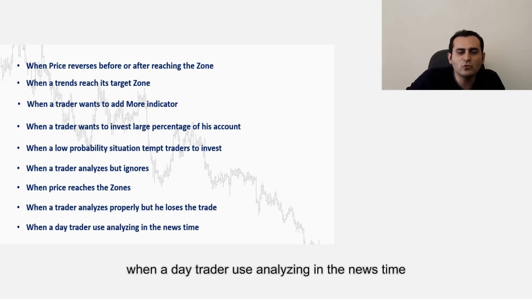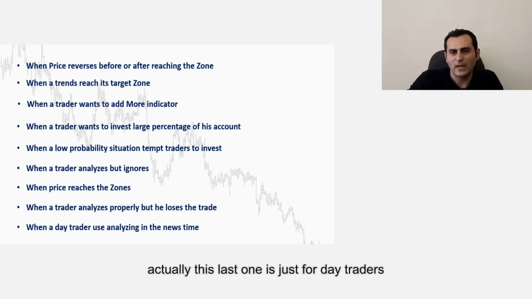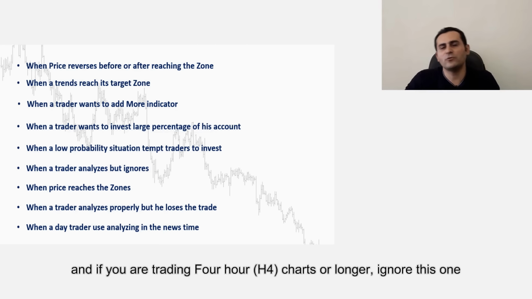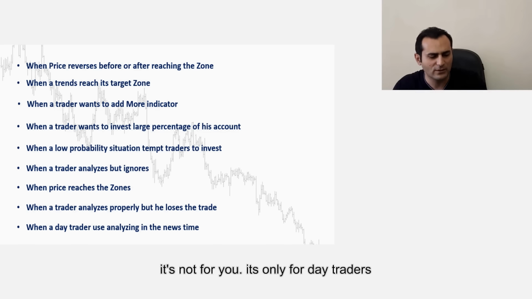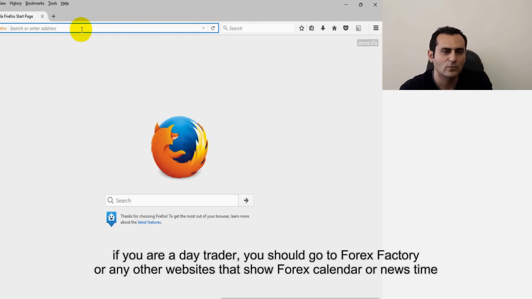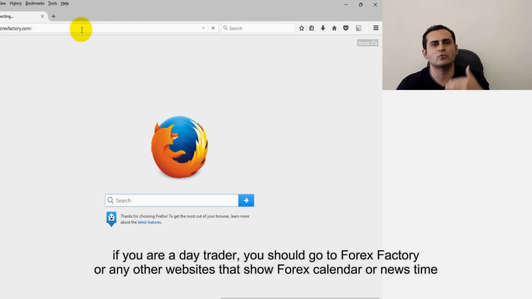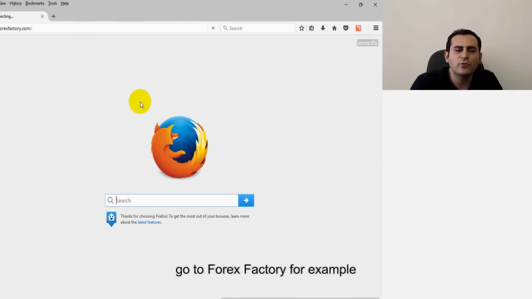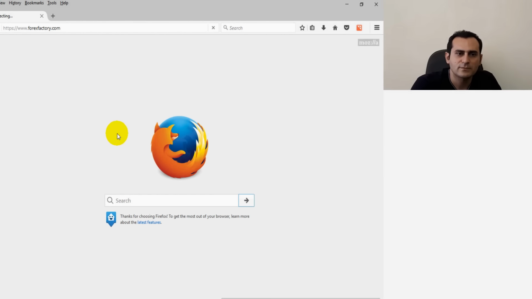When a day trader uses analyzing at news time. Actually, this last one is just for day traders. If you are trading the 4-hour chart or longer, ignore this one. It's not for you. It's only for day traders. If you are a day trader, you should go to Forex Factory or any other website that shows a calendar and news times. Go to Forex Factory, for example,